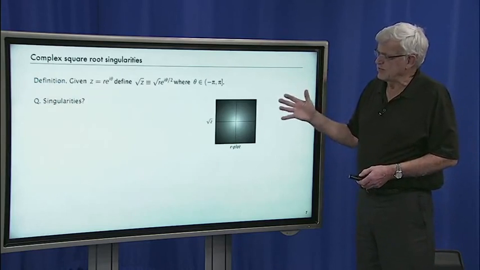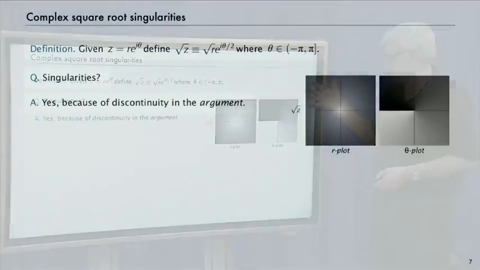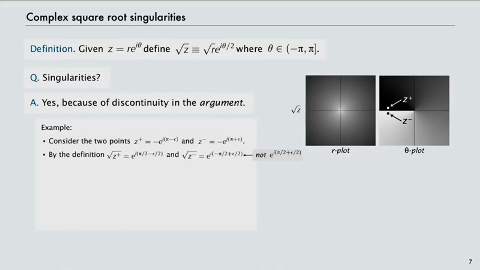So the reason that there's singularities shows up if we plot the angle or the argument. There's a discontinuity in the argument on the negative real axis. And that has to do with this restriction of theta to between minus pi and pi. So here's just an example of how we can show there's a discontinuity. So let's take 2 points, one just above the negative real axis and the other one just below the negative real axis. So now, by the definition, if we take the square root of those 2 points,